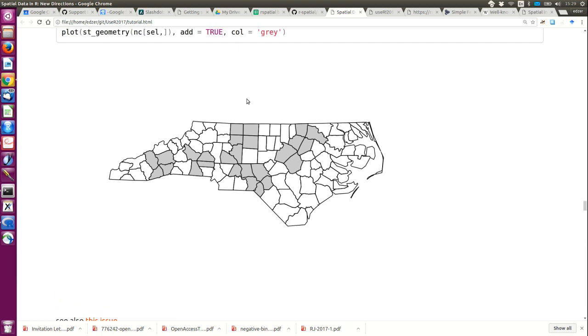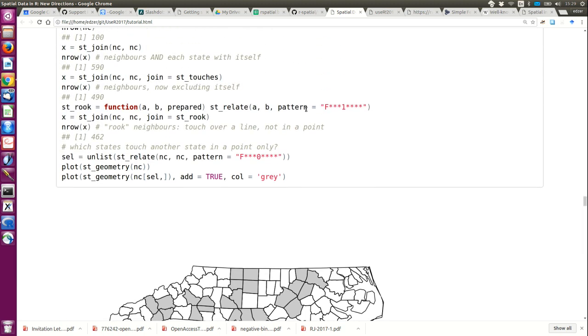I can say a little bit more about that, but I suggest to do that after the break. Actually, this is quite a cool thing, the st_relate with a particular pattern that you can define, because it gives you kind of an infinite power in terms of the logical connections between ways in which geometries connect. I will say a few words about it after the